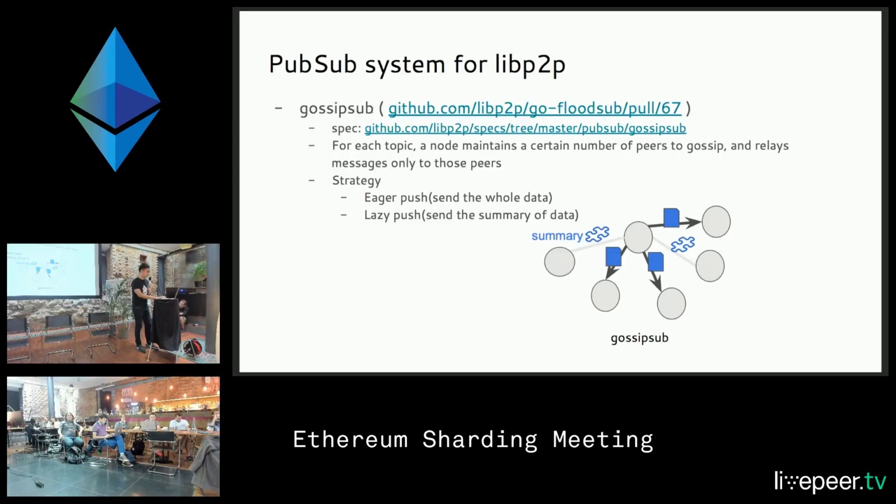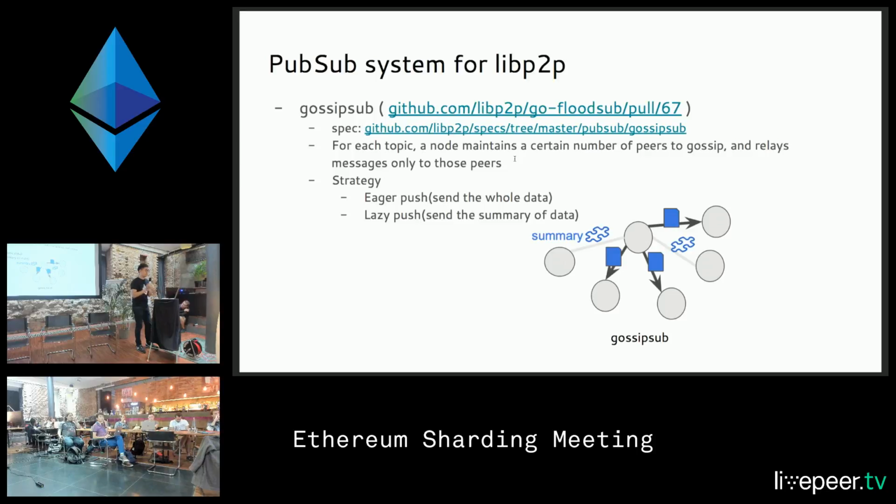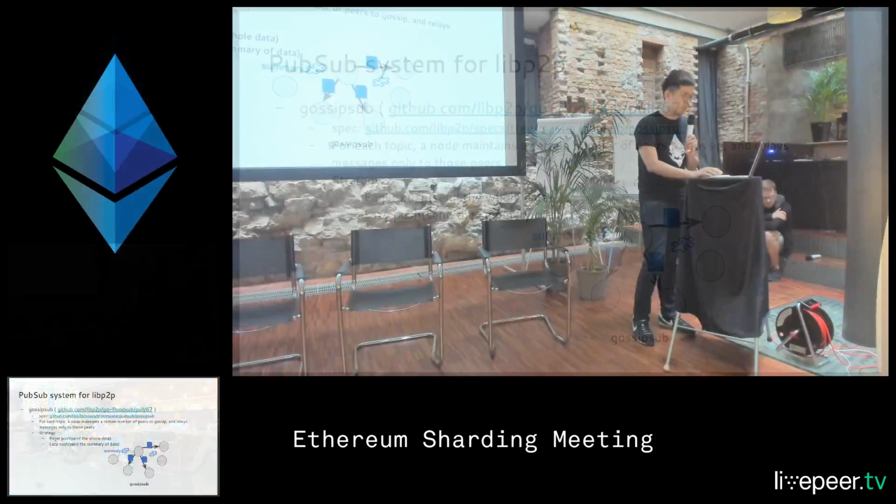And then Gossipsub comes out, and it is still in a pull request in the libp2p repository. And the spec is also available. Its idea is that for each topic, a node maintains a certain number of peers to gossip with and relays the messages only to those peers.